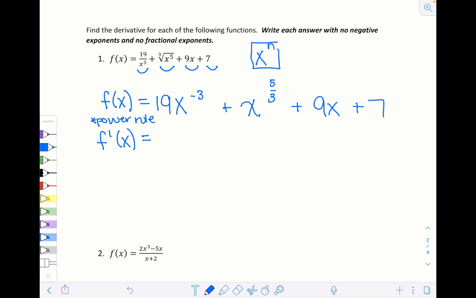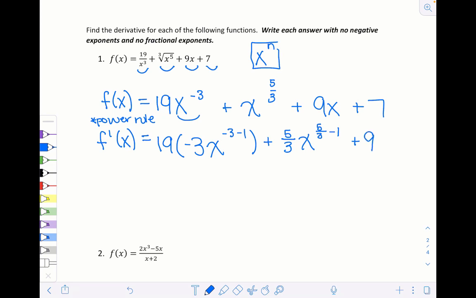So 19x to the negative 3, if there's a coefficient in the front, you can just leave that alone, but then take the derivative of x to the negative third. So the power rule says to bring the exponent to the front, and then the exponent gets reduced by 1. So I'm going to subtract 1 there, plus bring the exponent down for the next one, which will be 5/3 x, and then now the new exponent becomes 5/3 minus 1,